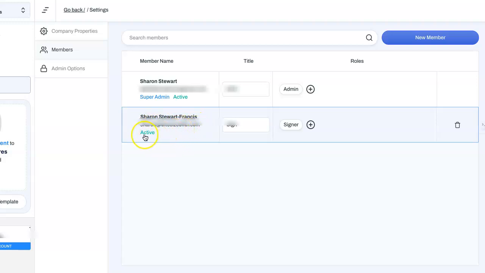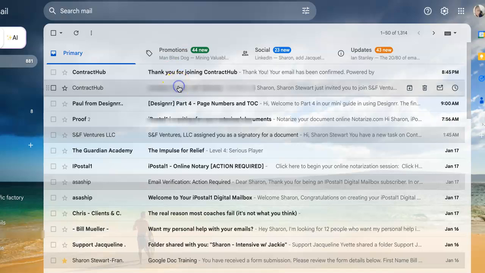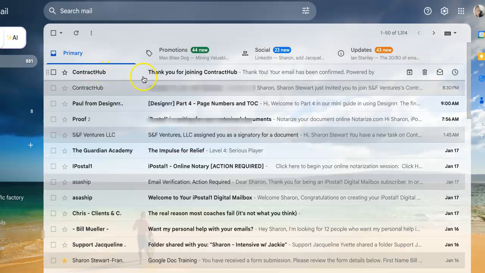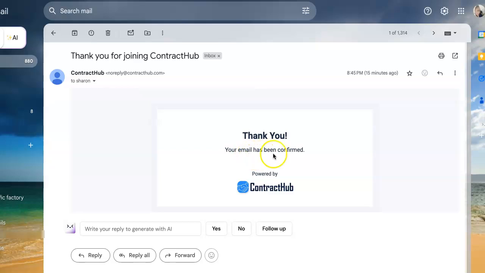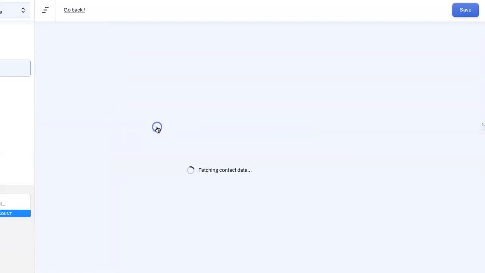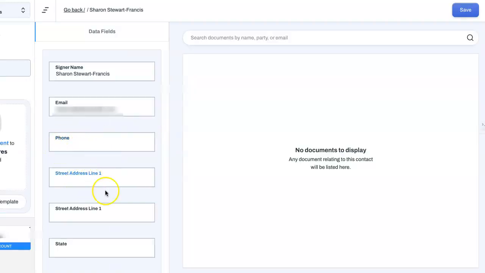And what will happen is this will say pending in red, and you would come over here and you accept the invitation. And the person who's coming in would accept the invitation as well. And as you come back here to the inbox, once you've accepted, you get an email that it has been confirmed. And when you go in, you'll see that the person is there, active. If you want to add more information, so when they're signing stuff, their phone number and everything will already be here. And when you go back to the document,